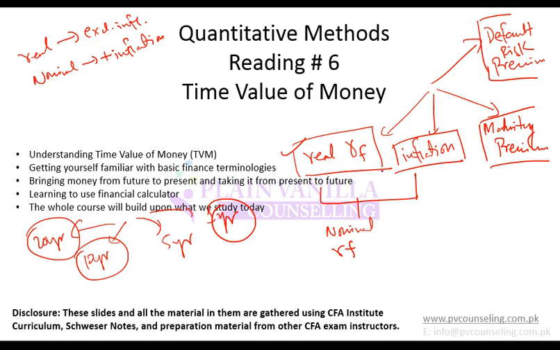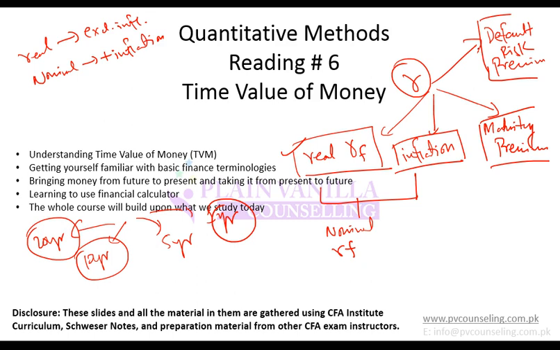So that means for you to arrive at the interest rate, you should have a real risk-free rate. You should have a component for inflation, which makes up a nominal risk-free rate. Then you should have a premium for maturity and you should have a premium for default risk. All these premiums and rates combined would make your interest rate. And this would vary from investment to investment. If there is an investment for 5 years, maturity premium will be higher. If there is an investment for 1 year, maturity premium will be lower.